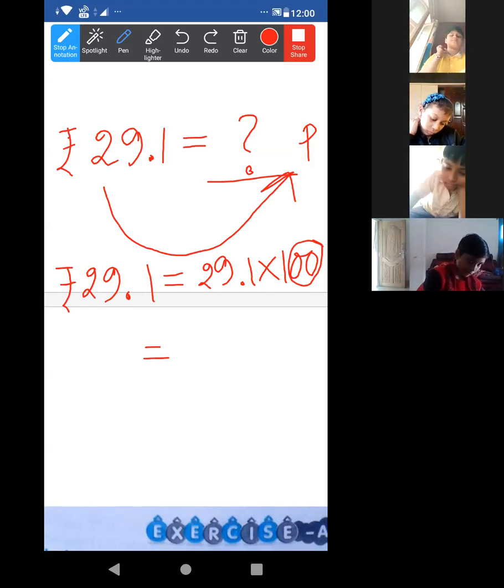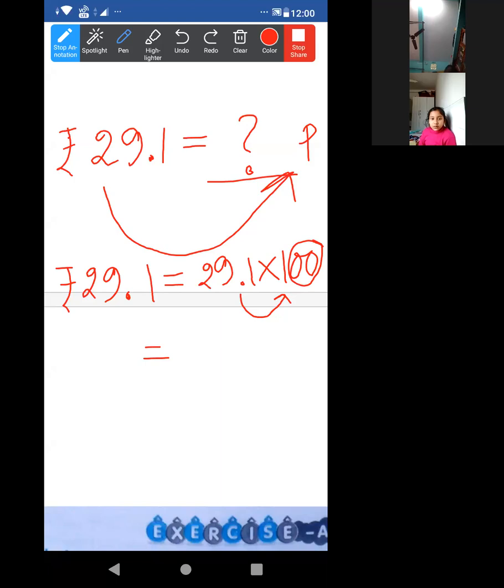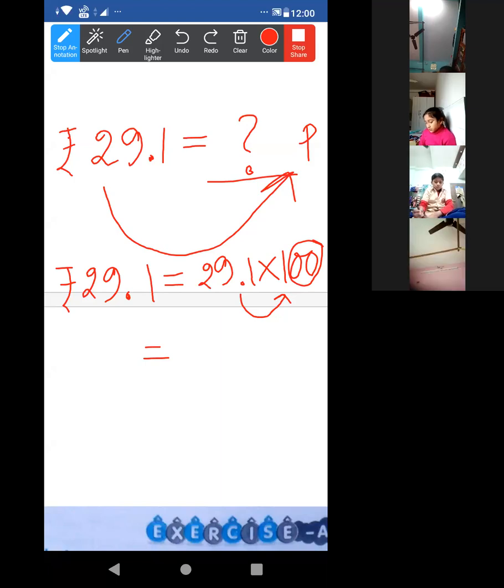So the decimal point will move 2 places to the right as it is multiplied. Yes, so Ishika, Shushnata, Farzana. Okay, look at this. What will be? 29 will be as it is. Now this point will move 2 places after. Already 1 is there, but we can take only 1. After the decimal only 1 digit, so we will have to put another 0.